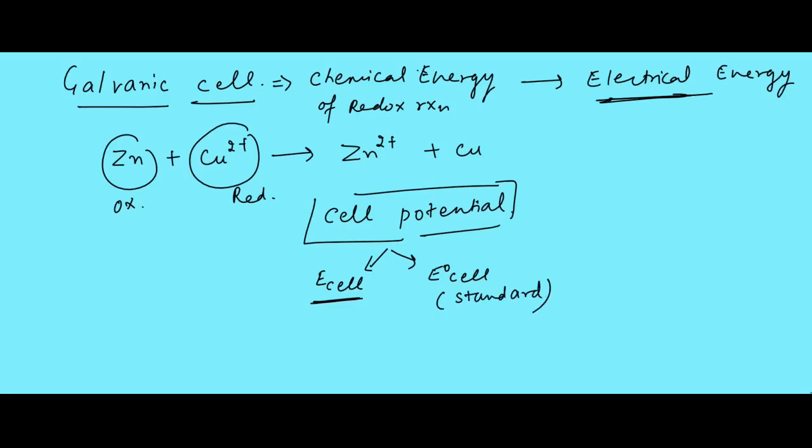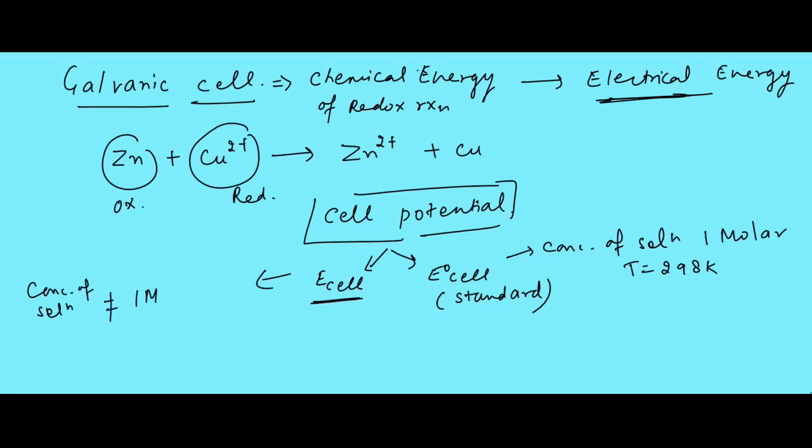In case of standard cell potential, the concentration of the solution would be taken as 1 molar, and temperature is taken as 298 Kelvin. Now, in case of E cell, you will take the concentration of the solution which is not equal to 1 molar. So when the concentration of the solution is 1 molar, we calculate E naught cell,